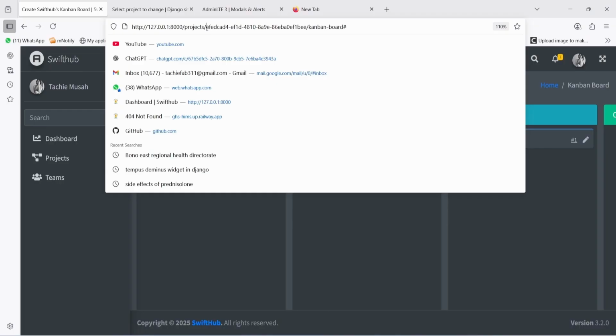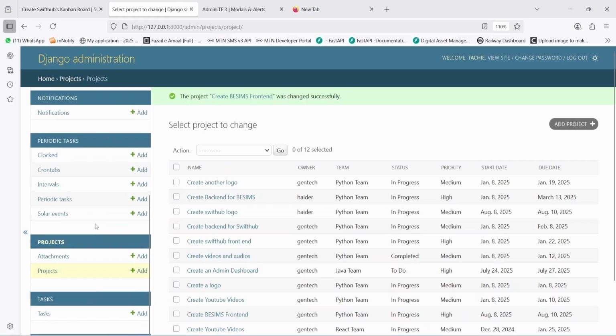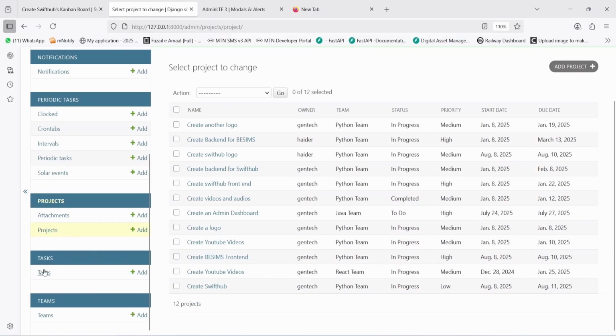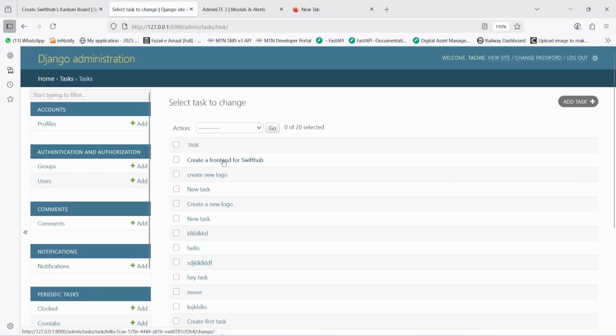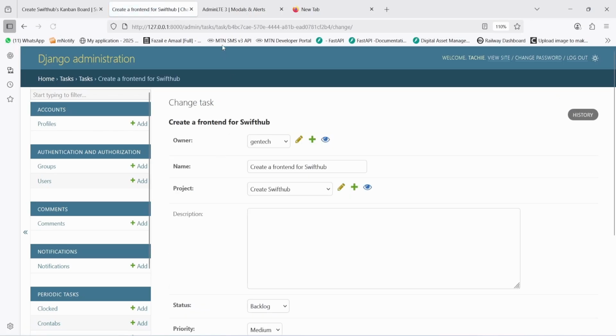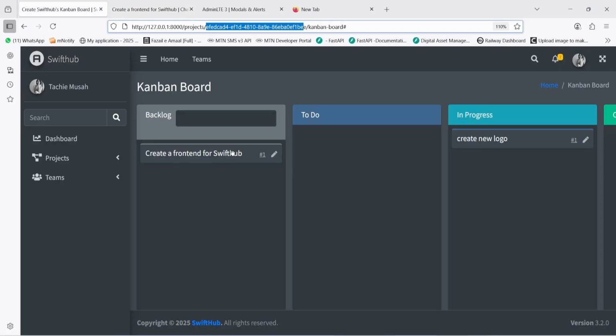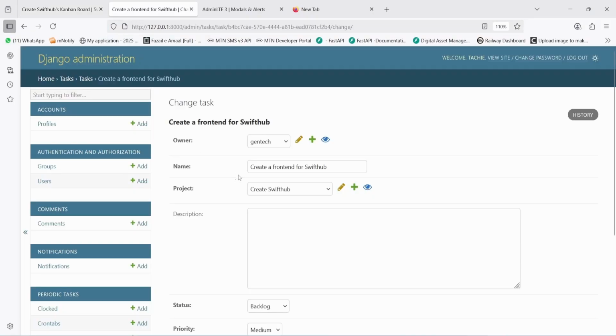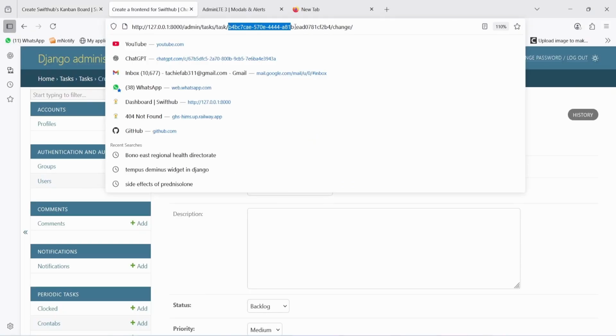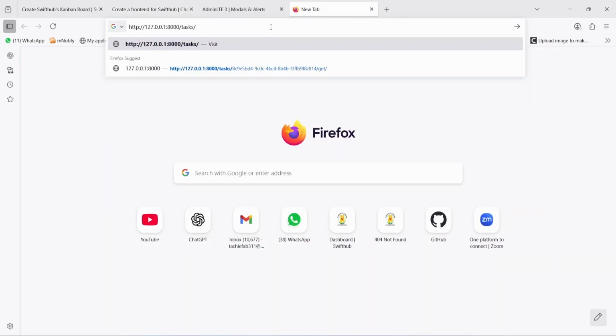But then I think the ID, this is for the project. Let me go into our backend, go into tags over here. And this is the tags that we just created, I believe so. Let me compare, create a front end for Swift app. So I'm just going to come here, and this is the ID, the UUID over here. I'm going to copy it, come back to our page, and then paste it over